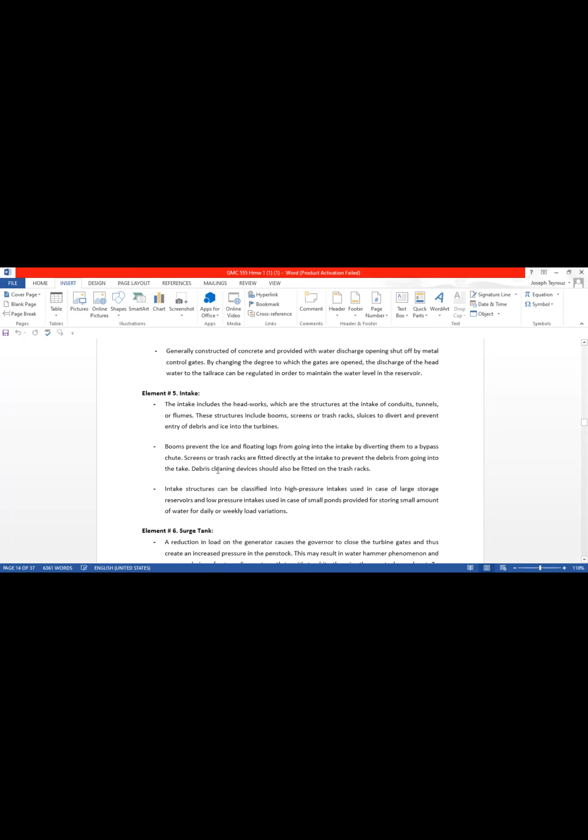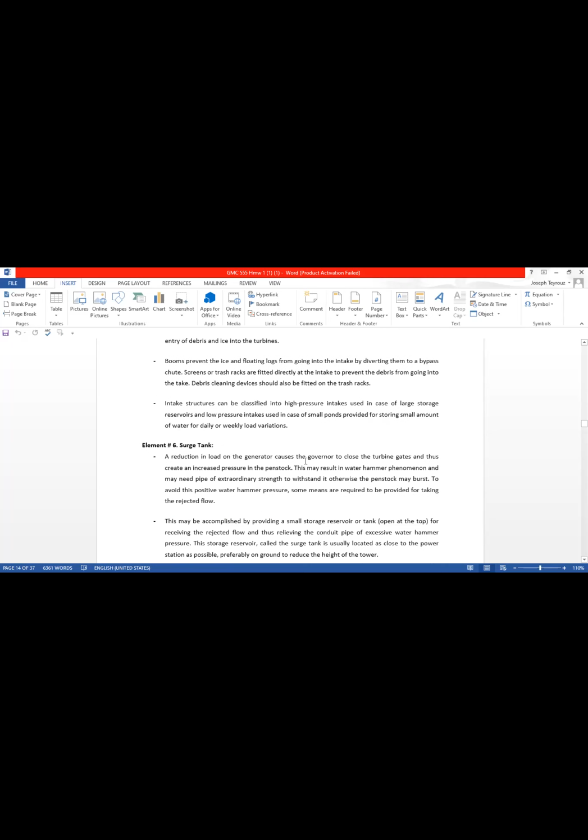Okay, the surge tank. If you have a reduction in load on the generator, it causes the governor to close the